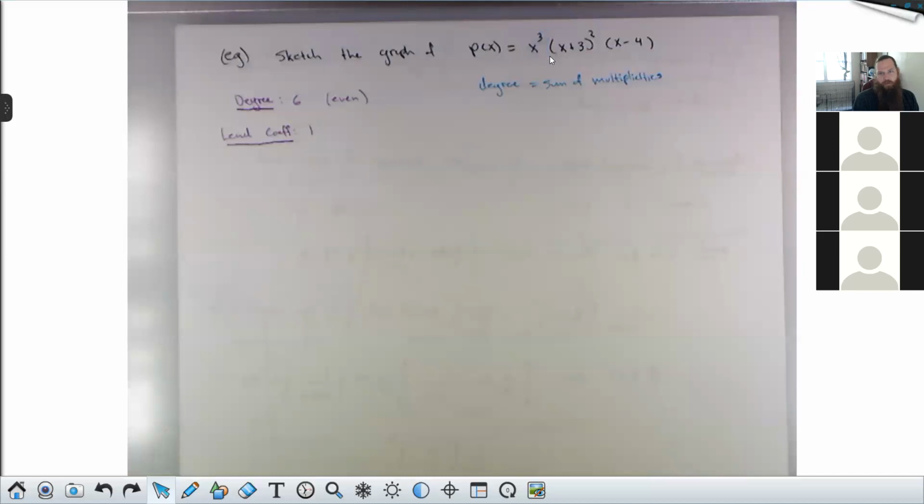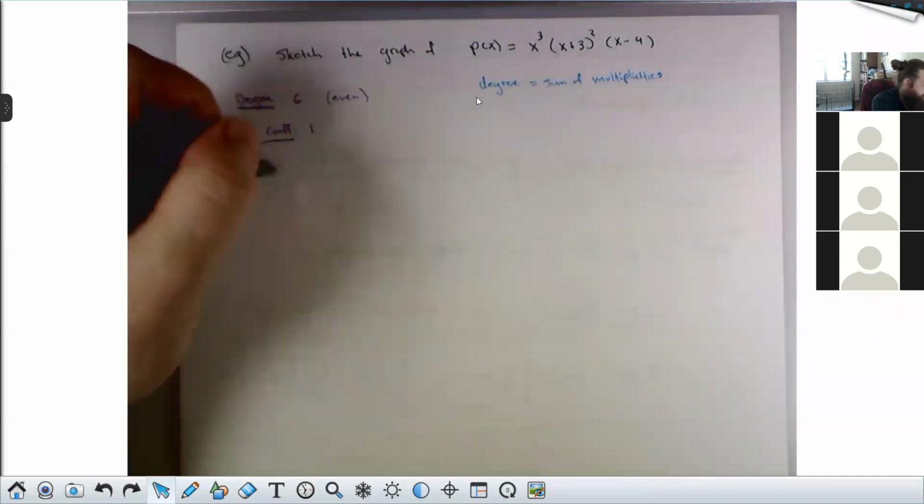So here's a multiplicity 3 factor, here's a multiplicity 2 factor, and here's a multiplicity 1 factor. 3 plus 2 plus 1 is 6. So that can be a useful tool. And then the lead coefficient, you just have to imagine what's the lead term from each of these pieces. x cubed, x squared, x, all with a 1. So 1x to the 6th,